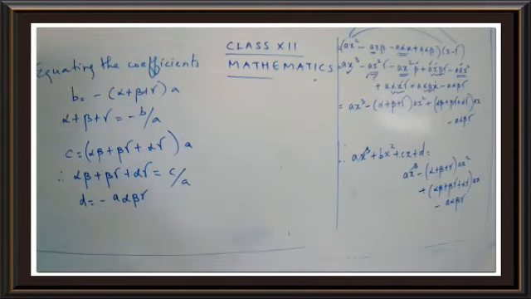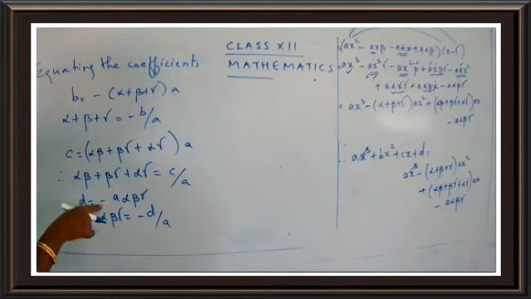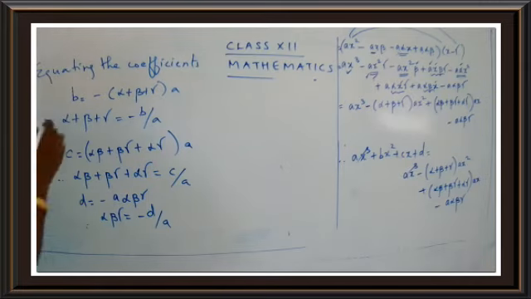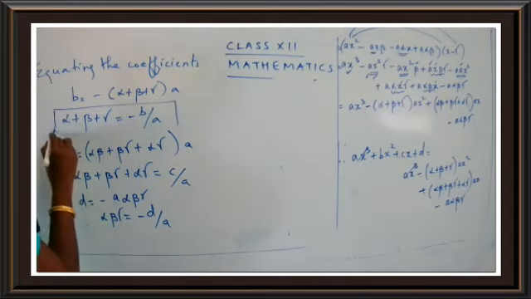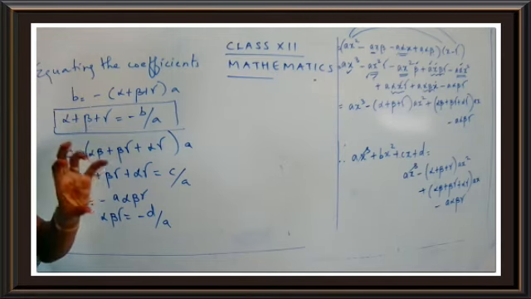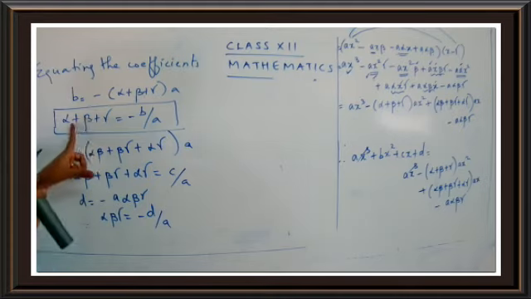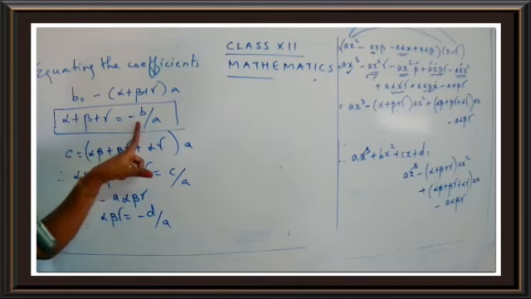So I'll get the answer in terms of alpha beta gamma. So alpha beta gamma is equal to minus D upon A. I'll just take the A and the negative sign to the LHS. So I get alpha beta gamma is equal to minus D upon A. See children, I have found all the three values. Suppose you have been given the equation, how can you find out the roots? You can find out the sum by minus b upon a.